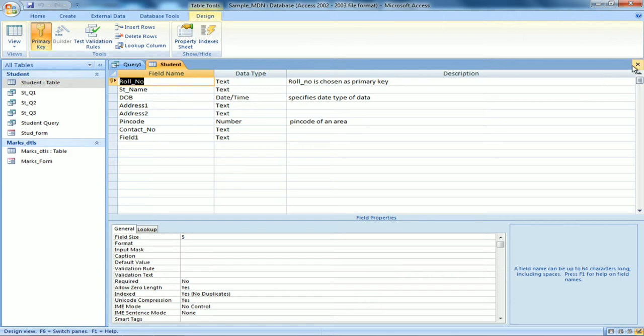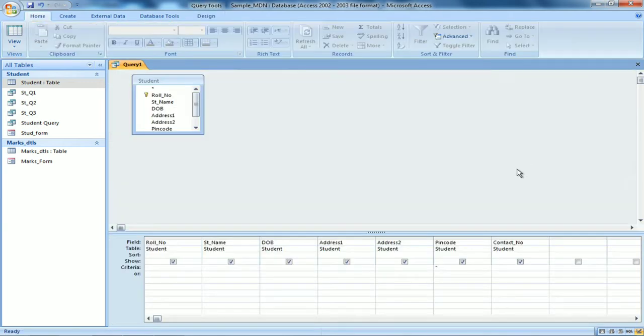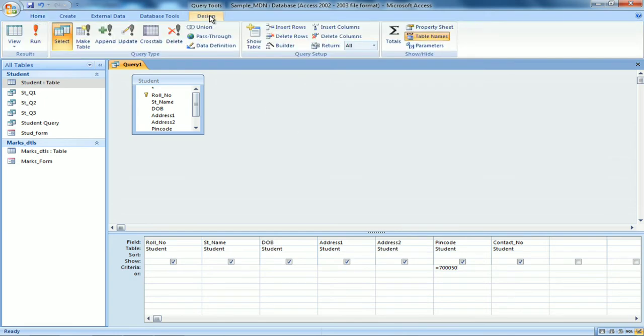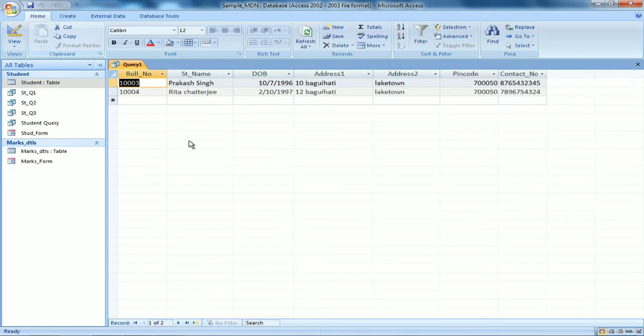So number I simply write, let us see, equal to 700050, means the criteria which matches this PIN code will only be retrieved. If I have no records, nothing will be retrieved. Oh, I had 2 records with this PIN code, so 2 records have been retrieved.